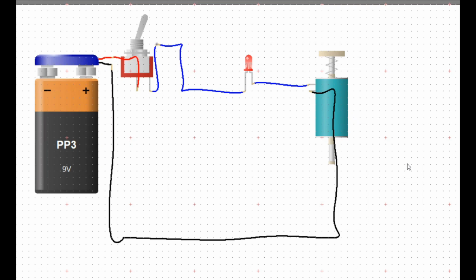Inductors and capacitors in DC circuits. Why does the LED glow? Introduction. Have you ever wondered why an LED behaves differently when connected to a DC source with an inductor versus